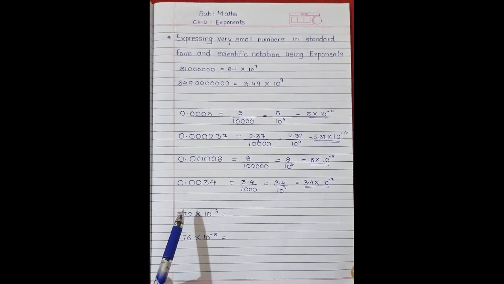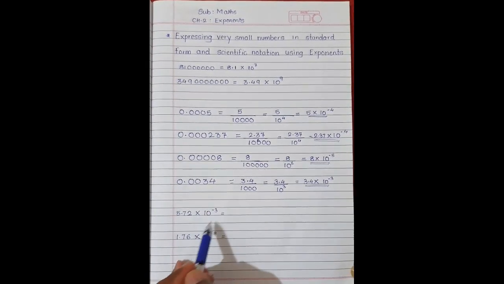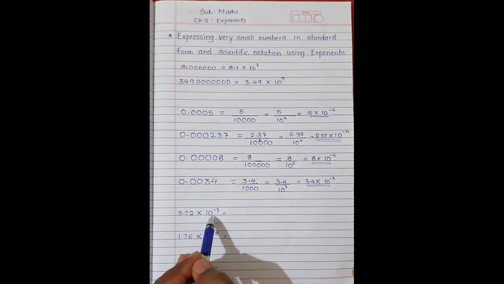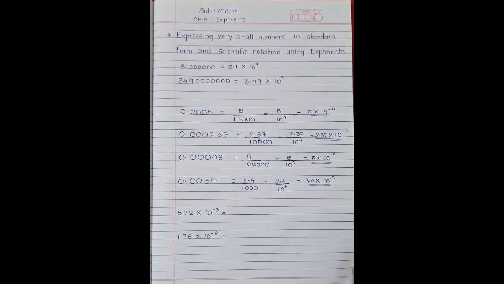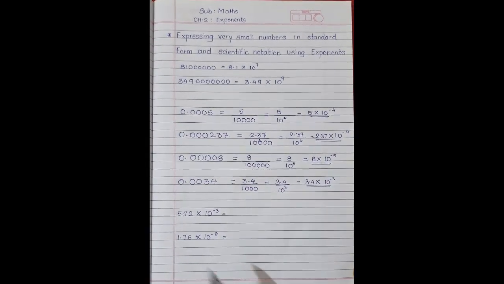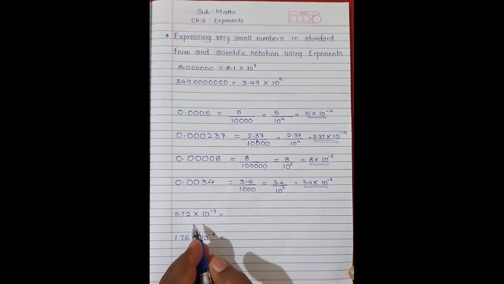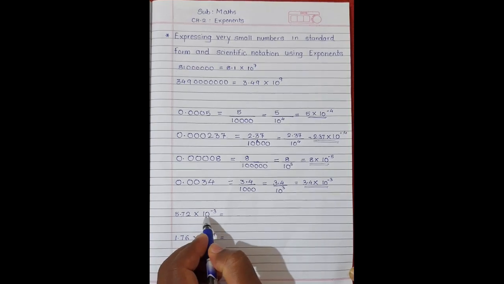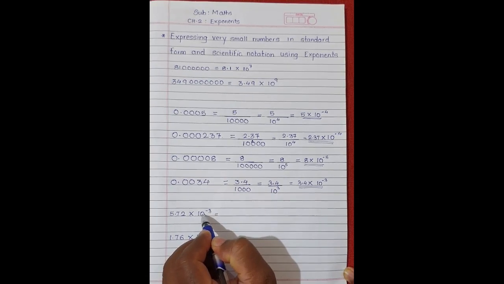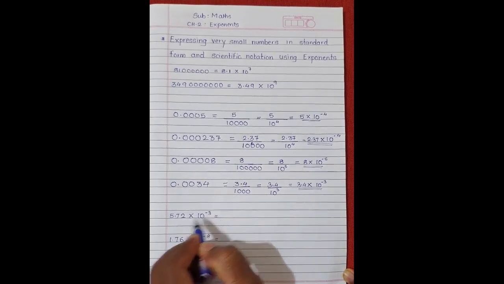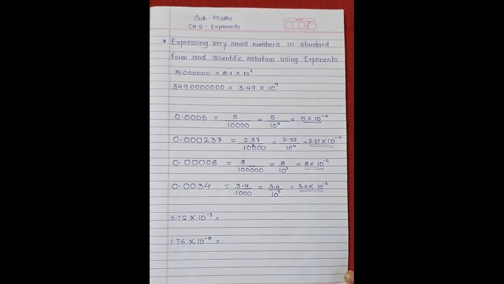So there you will be given a question: write the following numbers in the standard form. Standard form means there should not be a product with a power of 10; it means the decimal numbers. So let us convert this scientific notation into the standard form. What do we have to do? 5.72 into 10 raised to minus 3. When the power of 10, or exponent of 10, is negative, what do we have to do? This decimal point we have to shift towards the left side.